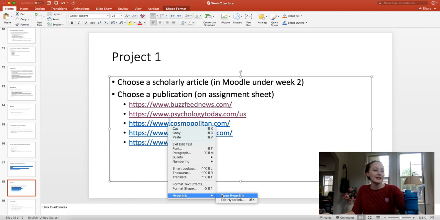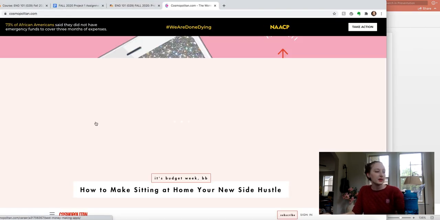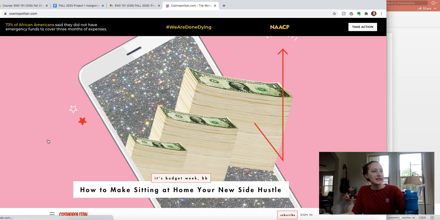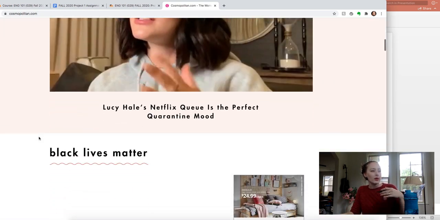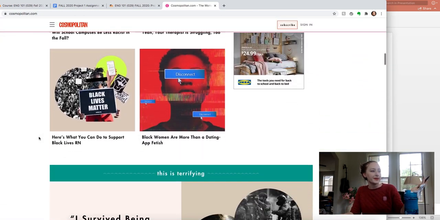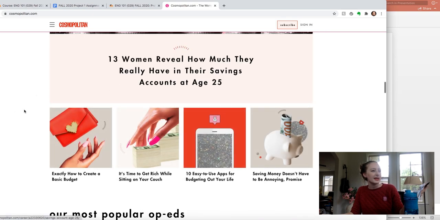Let's go to Cosmo. It's going to be interesting. So like the one about falling in love, that might work for Cosmo. Obviously, they have a very specific audience they are targeting here. Like, look at it. This is also not going to be that 60-year-old man who's retired. He doesn't want to read cosmopolitan.com. If he does, cool, but I don't think he does. This is targeted towards women who are young. So, here we go. Examples of that.